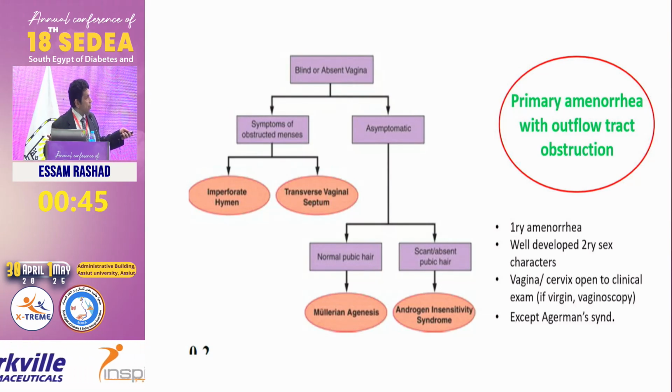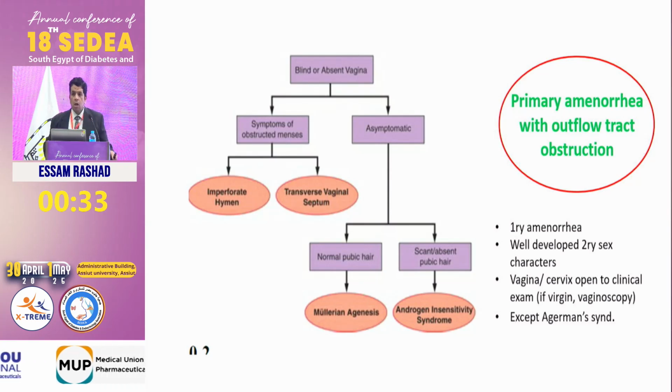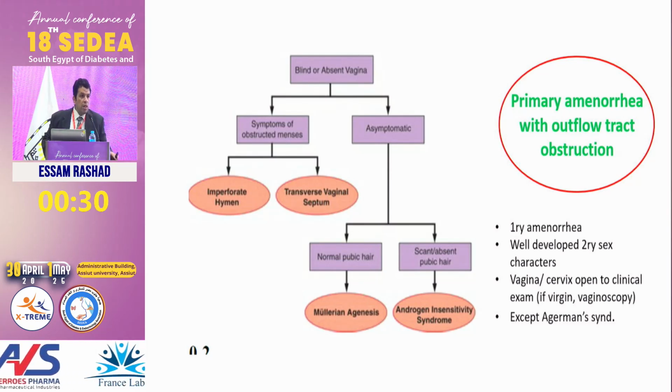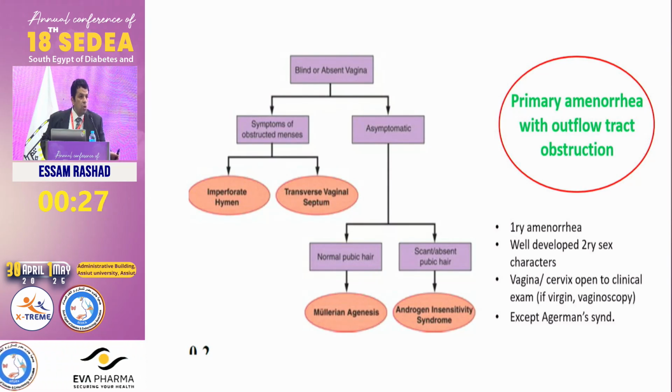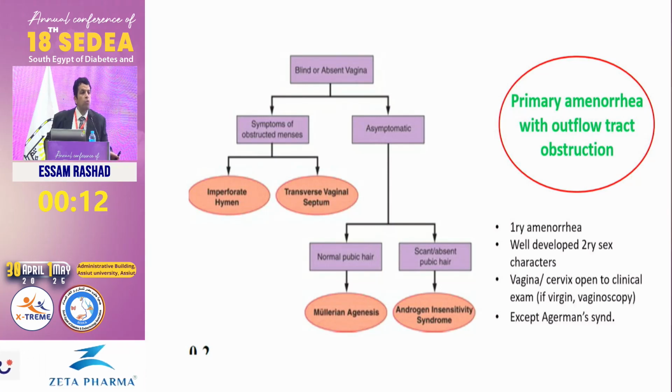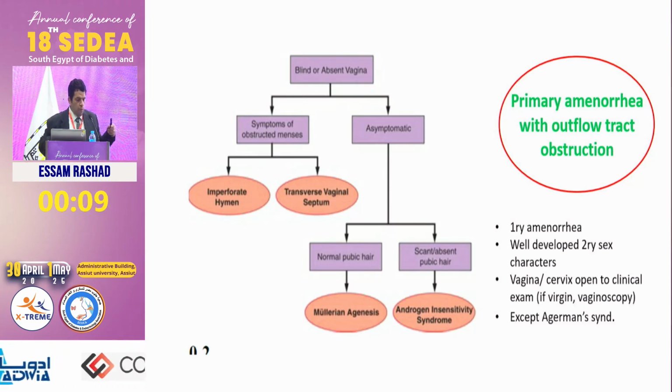The imperforate hymen or the transverse vaginal septum are nearly the same thing, but at a different level. But the blind vagina comes in two things, the Mullerian agenesis and the androgen insensitivity syndrome. So again, we speak on level 1. Level 1 is the uterus and the outflow tract. Outflow tract is very easy to examine. You just look into the vagina with a clinical examination, with the Cusco speculum; you see the vagina and cervix, they are normal. Even if she is a virgin, use the vaginoscope, which does not interrupt the hymenal integrity. Normal vagina, then move to the next level. If I found a blind vagina, think of those two things: the Mullerian agenesis and the androgen insensitivity.